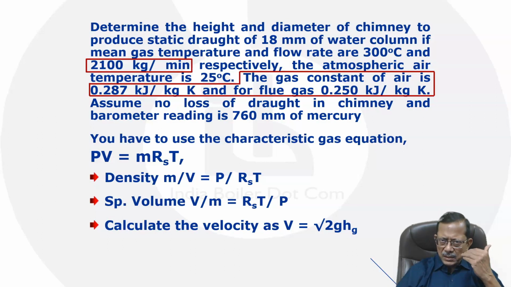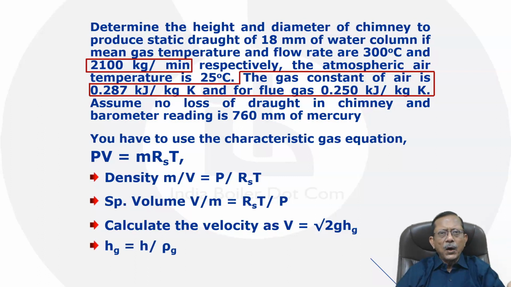Again, this is a draft concept which I am going to discuss later on in one other occasion, and this hg can be calculated from the draft given as small h, that is draft in mmWC, divided by rho g. Now rho g, as you can calculate from PV = mRsT, you put this and you get your rho g. You can calculate the velocity,